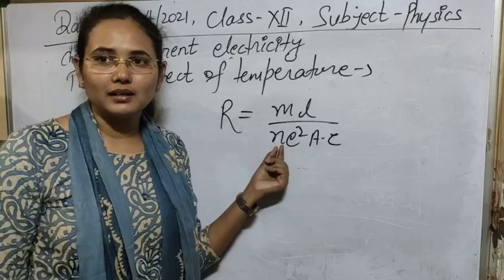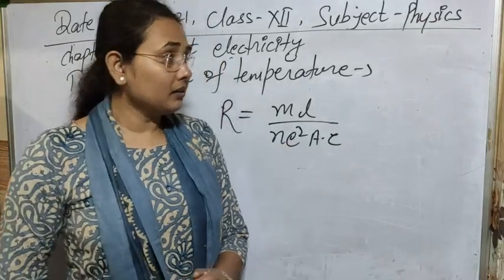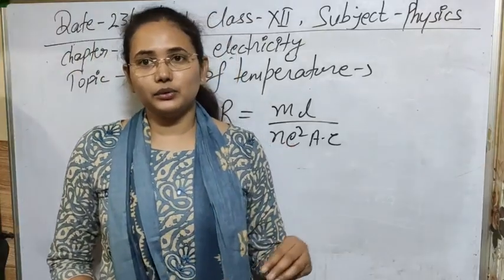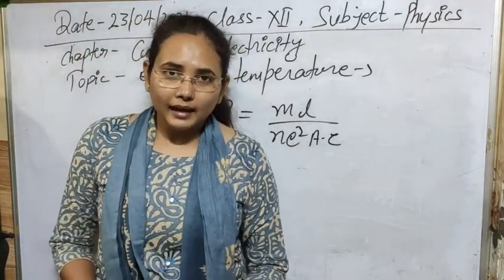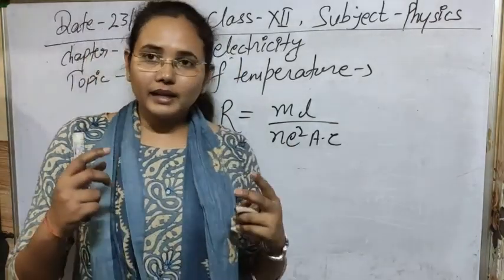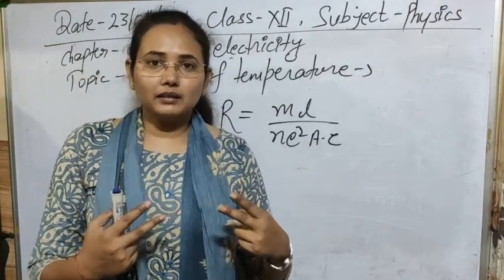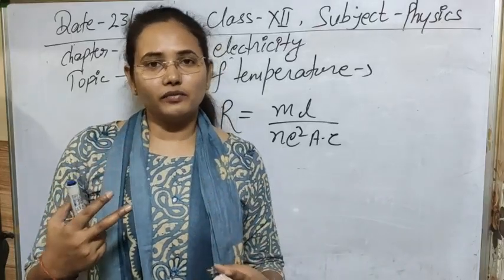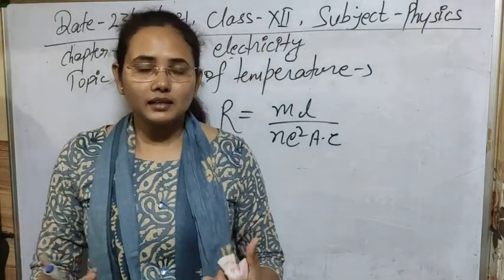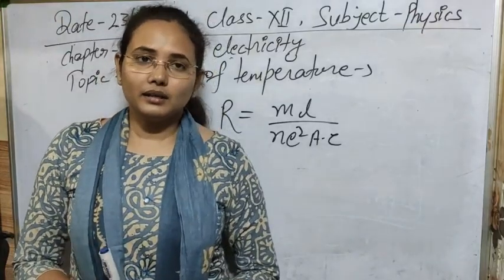In that case, the number density per unit volume will not change very appreciably, but as I told you, electrons are gaining kinetic energy due to the change in temperature. Due to the gain in kinetic energy, they will start to collide, and due to the collision, obviously they will take more time to reach from one end to the other, because they are blocking each other's path and changing the direction of each other's path. Means if they were taking 2 seconds to reach somewhere, now they will take 5 or 10 seconds to reach there. Means the average relaxation time will start to increase.